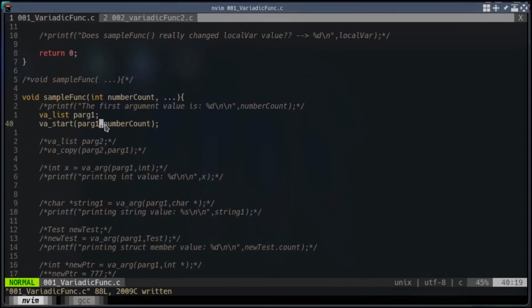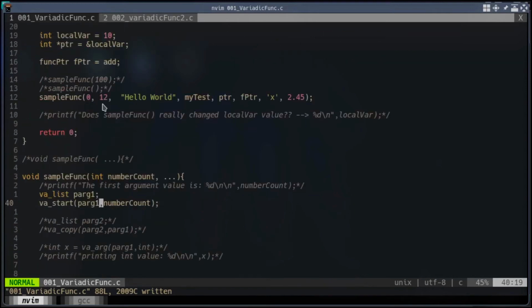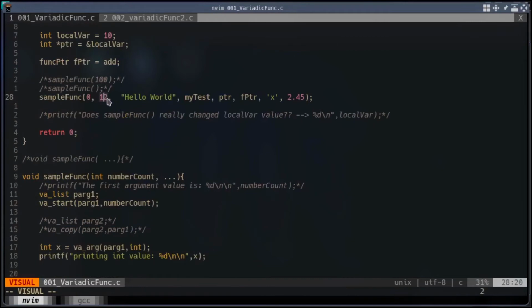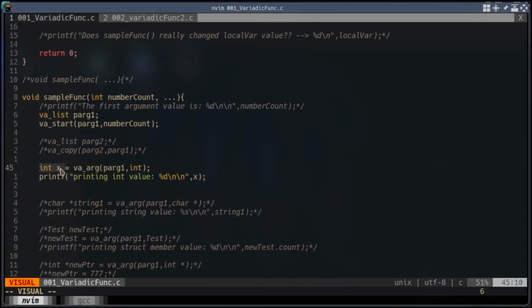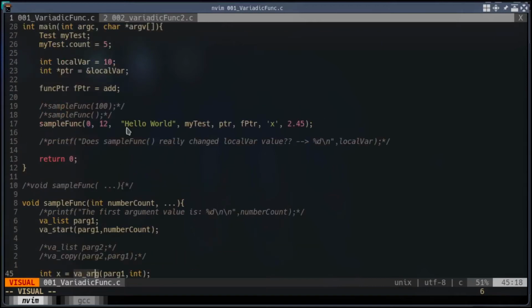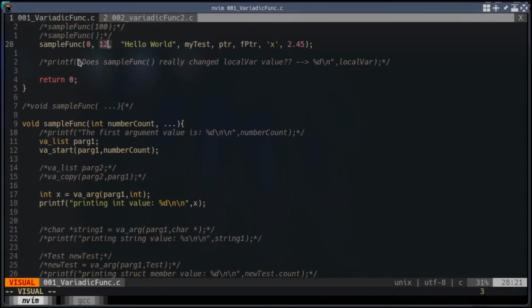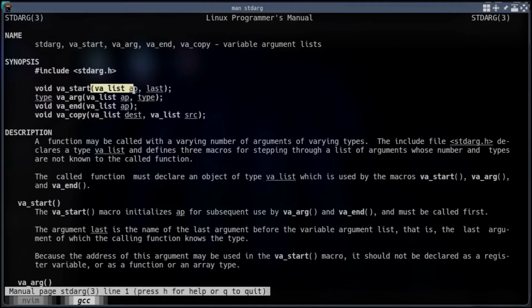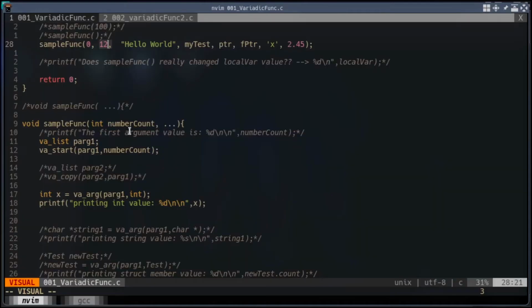Once you did that, you can access the first integer passed to this variadic function using the below syntax. Obviously I am going to receive an integer, so I need to create a variable of type int. Then we should use the va_arg function to retrieve the first optional argument which is of the type integer. As per the man page, every such function requires an object of type va_list. We already created that. Its name is ap.